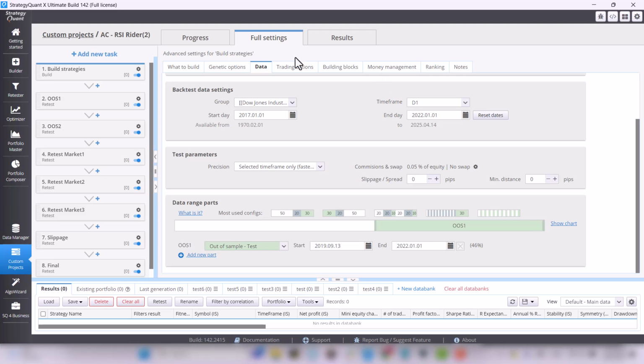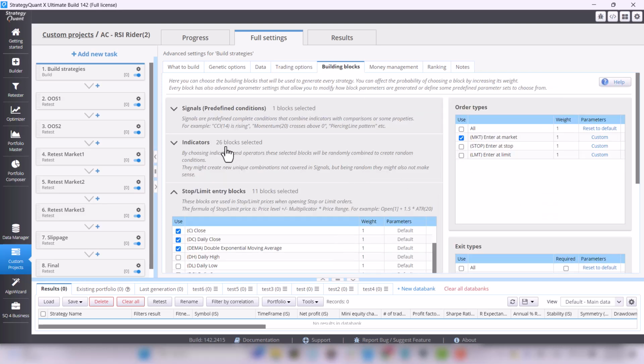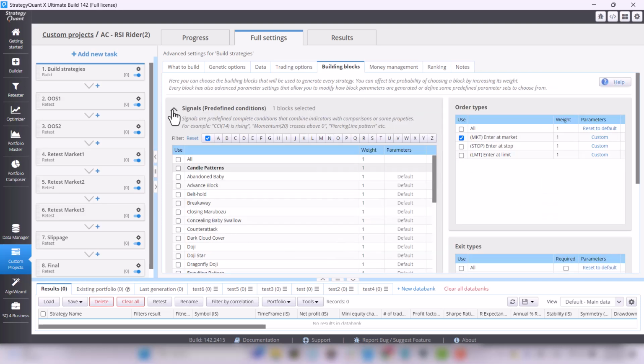In the Trading Options tab, there are settings for entry, exits, etc. As I described in the previous lesson, we enter on bar open and exit on bar close. In building blocks, we already have predefined blocks that Strategy Quant will use to build strategies. There are plenty of them, as you can see.